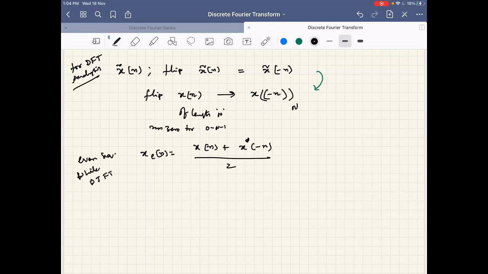DTFT computations. However, in DFT computations, what do we want to do? We want to restrict the whole operation to N samples, because the DFT underlyingly assumes a periodicity in the frequency domain and in the time domain. Hence, for DFT computations, we define